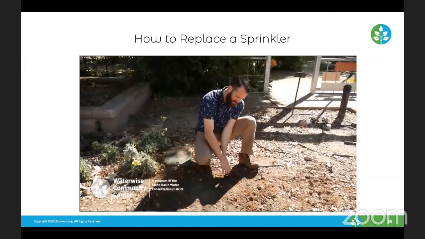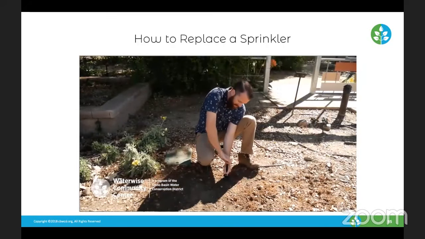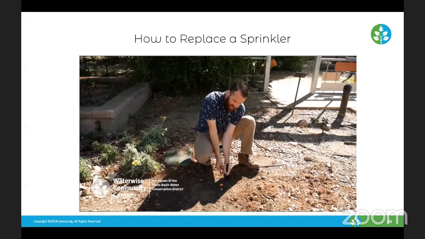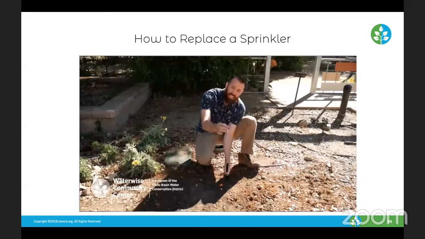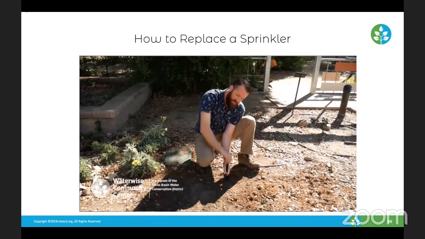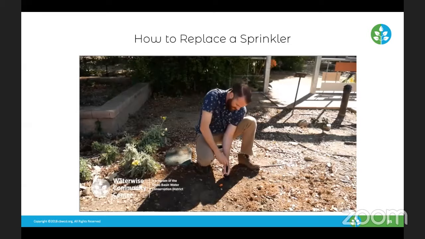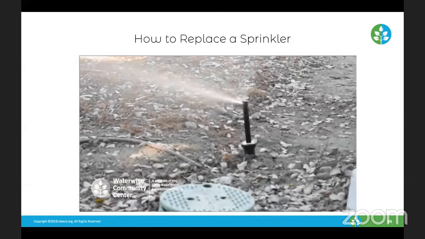Last step, removing the flush cap. And I just took the nozzle out of our broken sprinkler because the nozzle's still good. Simply screw the nozzle in. And so that's it. Thank you for watching this two-part series on